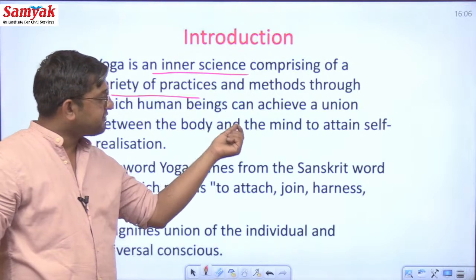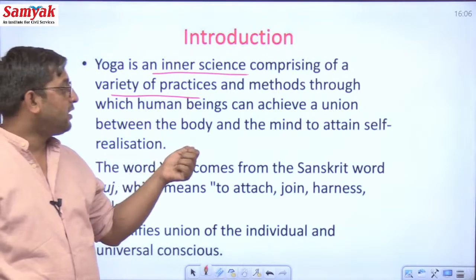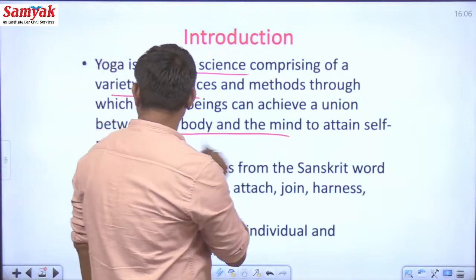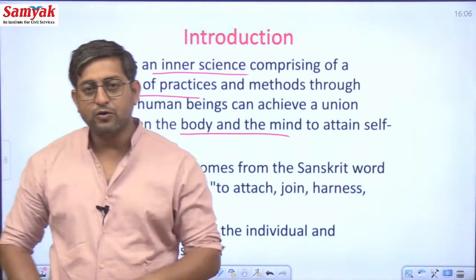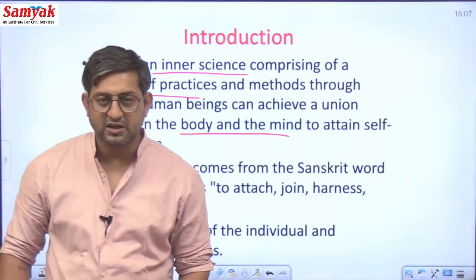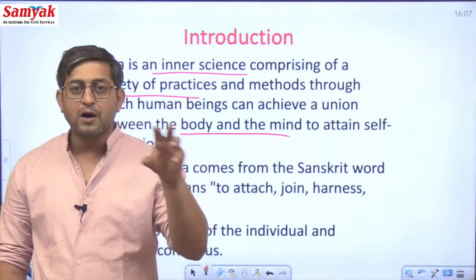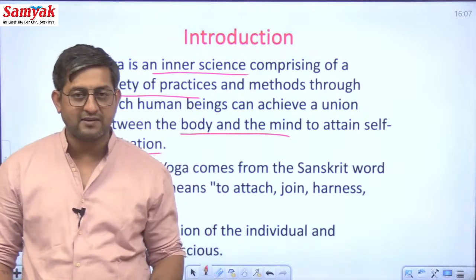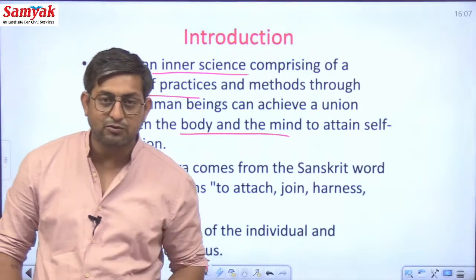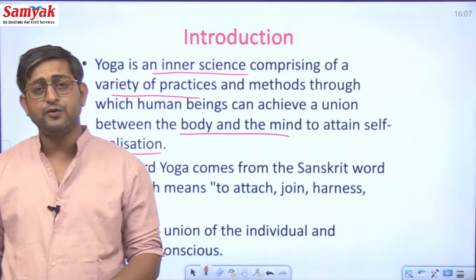Now the second part of the definition tells about the purpose of the yoga, or the utilitarian viewpoint of the yoga, through which, by the various practices and methods, human beings can achieve a union between the body and mind to attain self realization. तो बेसिकली अगर यहाँ पर योगा का एक एस्पेक्ट देखा जाए तो योगा का जो ऑब्जेक्टिव बताया गया, अगर अपने डेफिनेशन वापस पढ़ने से पहले एक बार इसका थोड़ा सा डिस्क्रिप्टिव डिस्कशन करें तो यहाँ पर इस डेफिनेशन के अंदर तीन पार्ट बताए गए हैं कि योगा क्या है। तो योगा एक इनर साइंस है। दूसरा, योगा में क्या होता है, सो इट कंप्राइजेज मल्टीपल मेथड्स, मल्टीपल प्रैक्टिसेस। तीसरा, योगा का ऑब्जेक्टिव क्या होता है, ये जो प्रैक्टिसेस योगा में की जाती हैं इनका ऑब्जेक्टिव क्या होता है, इनसे क्या अचीव होता है, एम क्या होता है इनका।